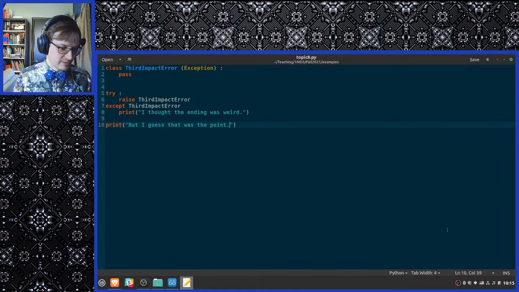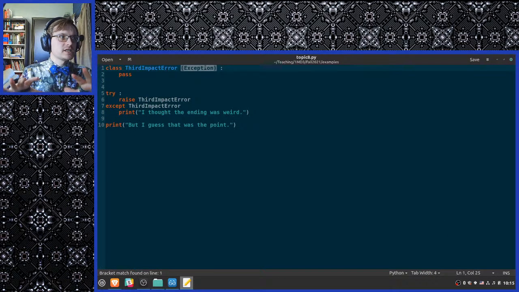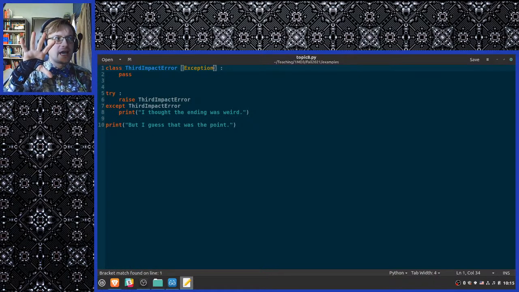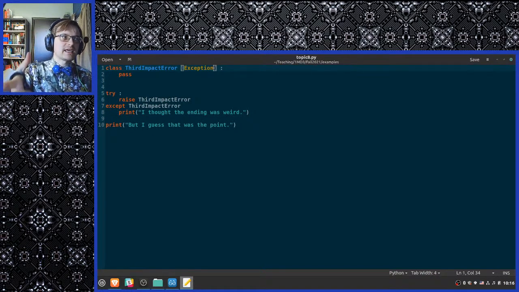What does the parameter of the class do? So this specifies other classes for our new class to yoink data from. Basically, this guy is exactly equal to an exception. I've basically set it as taking everything that exception has and contributing nothing itself. So in that case, it's kind of like a politician.